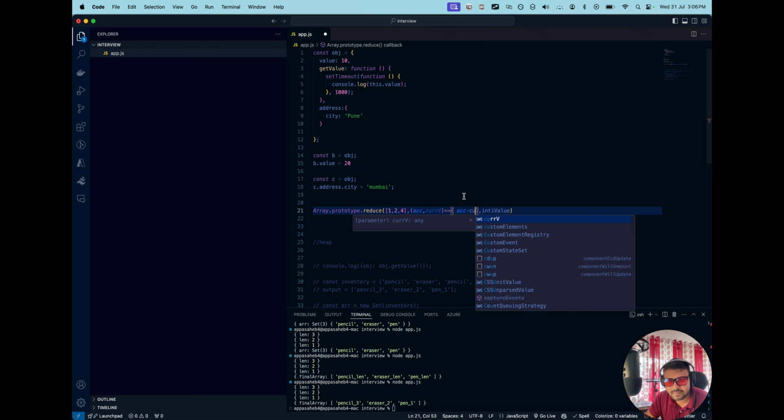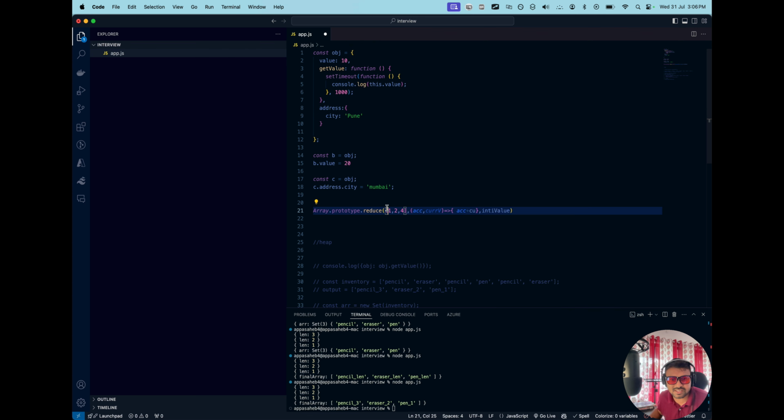Okay, and for reduce? Reduce only returns a single result, not an entire array of items. So like this, 1, 2, 3, 4. So the accumulator would be